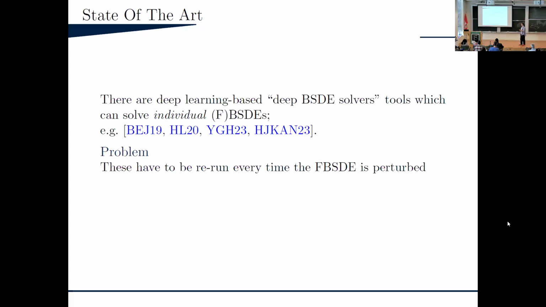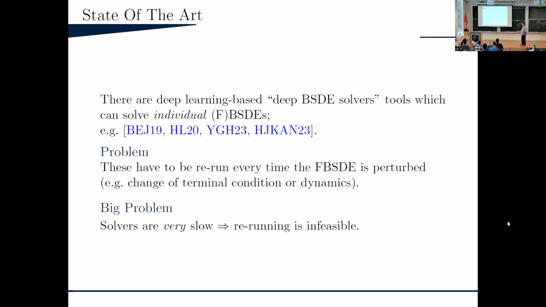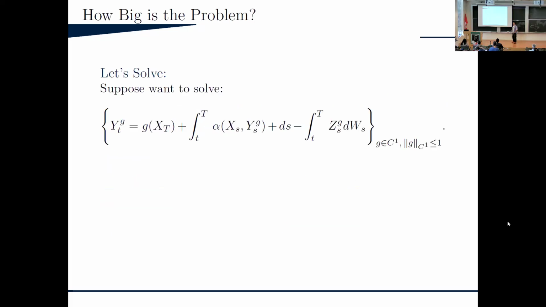But the problem with that is that every time you want to perturb your FBSDE, you have to rerun these guys. Okay, and so at a high level, if I change the terminal condition or I change the dynamics of my process, I have to rerun this, right? So if you have a lot of models or you have some kind of uncertainty, you want to understand how the problem changes for each model in your class, this could be a huge runtime, right? So the big problem is it's very slow because they rerun them many times, potentially infeasible. So instead of saying this last line, I snuck in this slide in the morning.